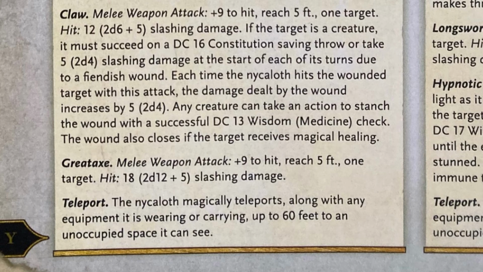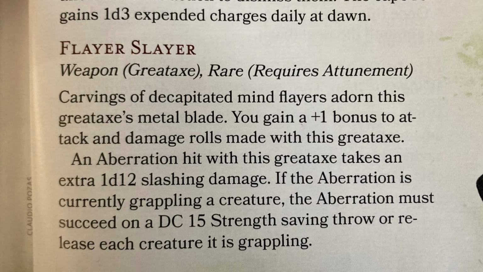But that's cool. It's got an axe, +9, 2d12 +5. Flayer Slayer Great Axe. It's a +1 bonus to attack and damage. An aberration hit with this Great Axe takes an extra 1d12 slashing, and it can help make aberrations release people